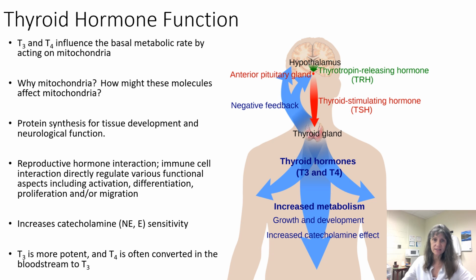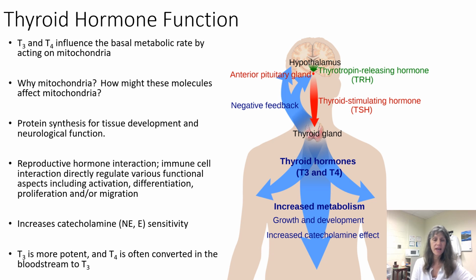There's so many activities that are based on adenosine triphosphate. Even the sodium-potassium pump, we need to have enough adenosine triphosphate for metabolism to occur, for growth to occur, for